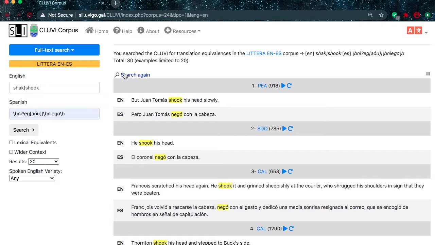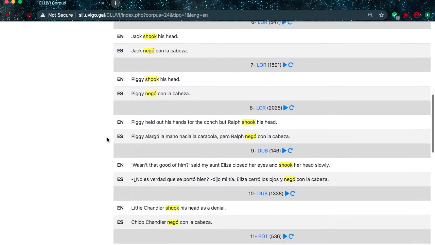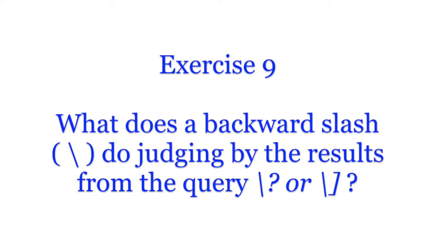To do so, we can use the vertical pipe and formulate the query as follows. It is not necessary to add an E because this way we are also including the gerund shaking.